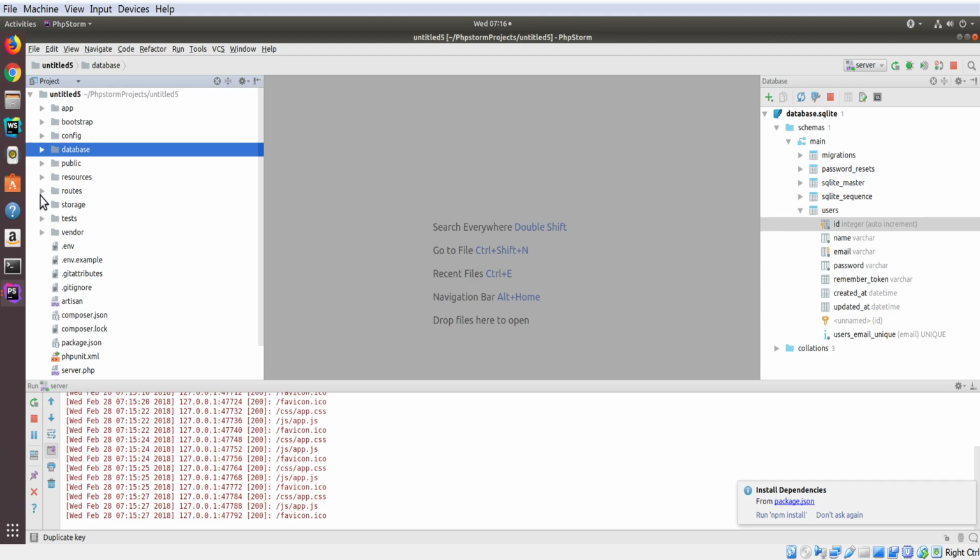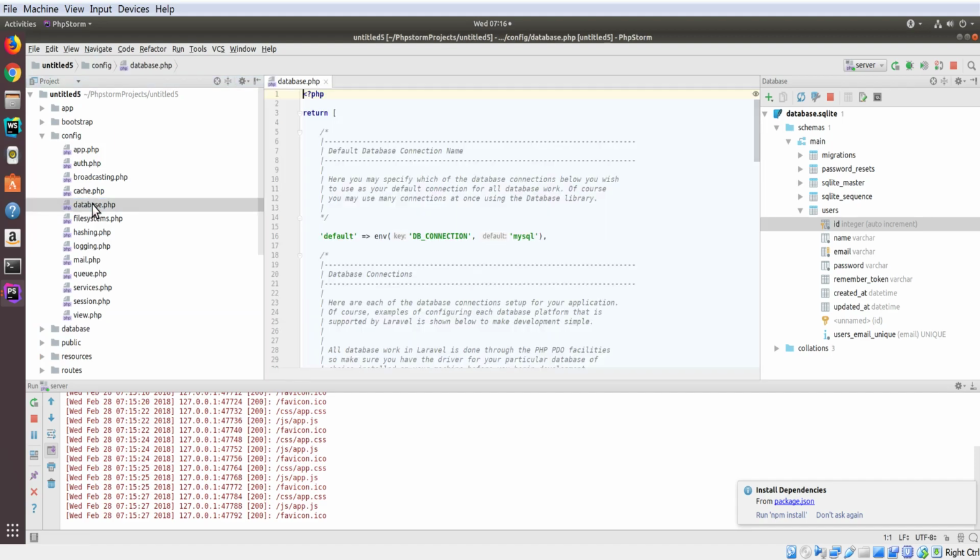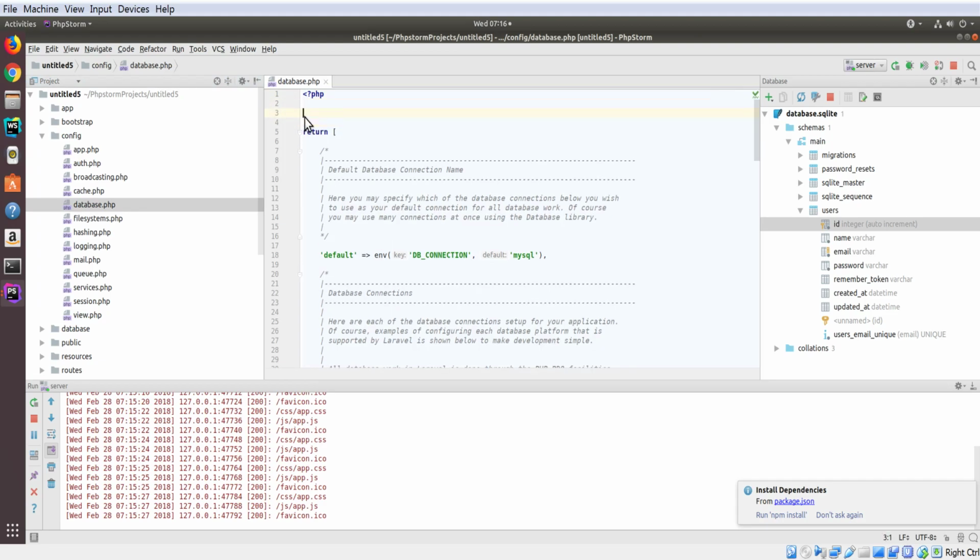So the first thing we're going to do is come over into a folder called config, and we're going to go to a file, database.php. In the database.php file, we have to make two changes. So the first change is,